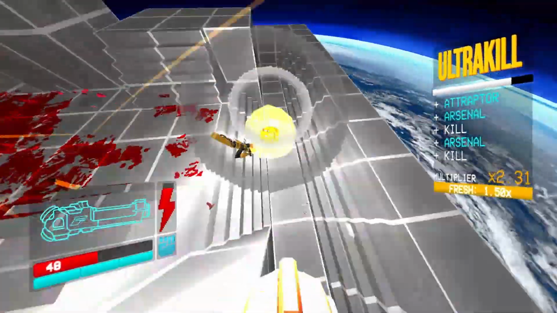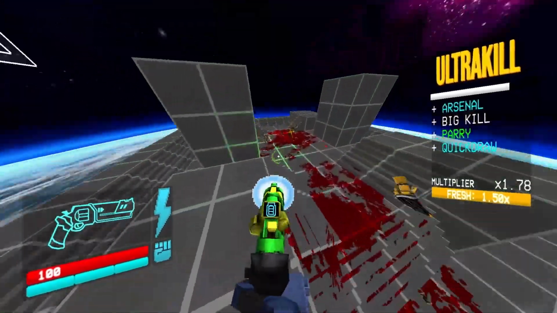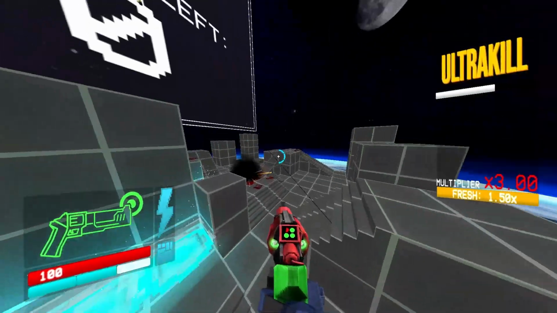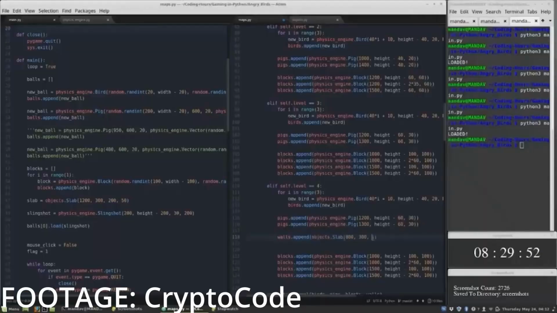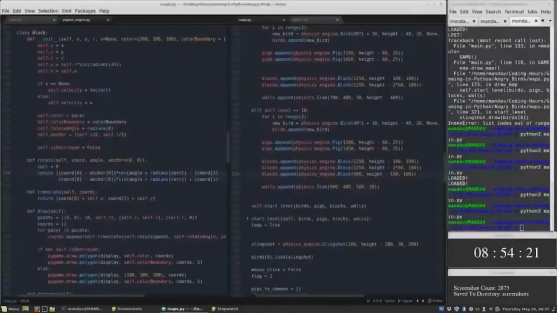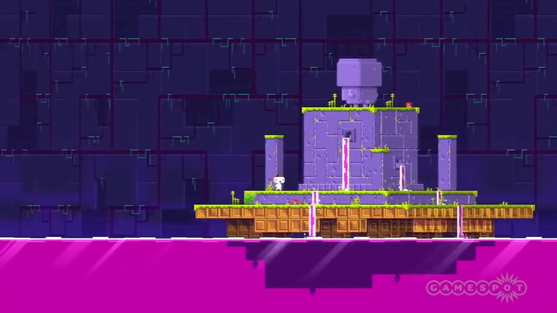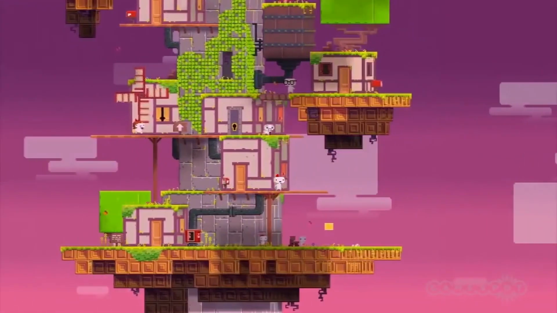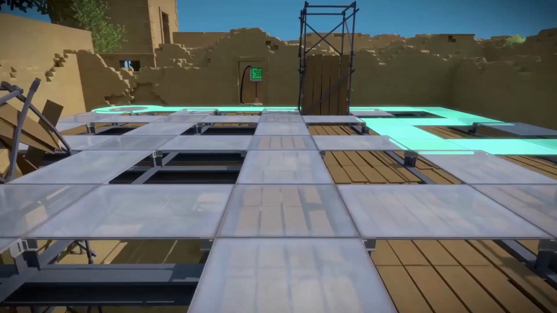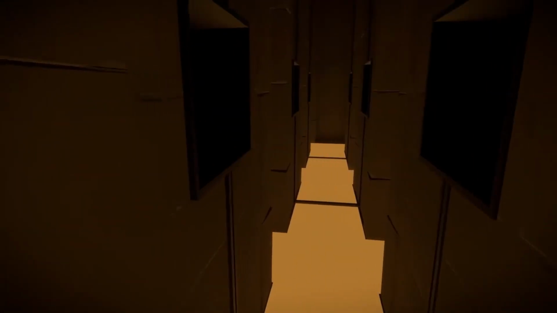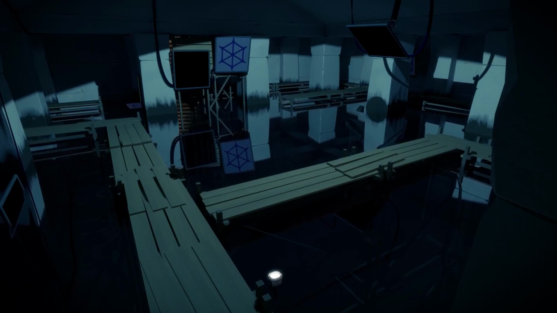Whereas with other pre-existing engines, there is only so much you can do to modify those elements, and the nature of their workspace and their components may make it difficult for a certain mechanic or concept to come to fruition. Making your own game engine makes room for more unique ideas or mechanics that other game engines may not be able to accommodate for. The creators of Fez and The Witness made their own engines as a result of having more control, as well as making it easier to implement their own unique mechanics, which ultimately paid off for each respective creator.